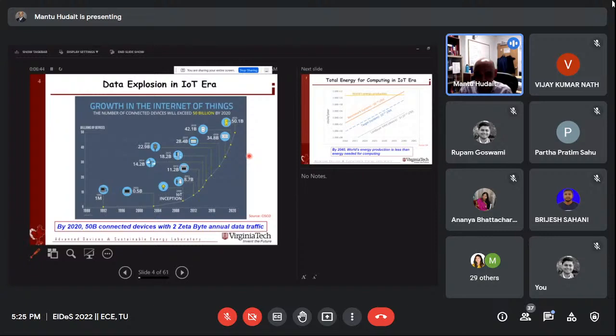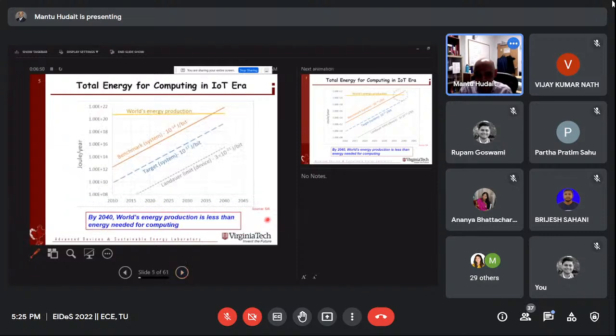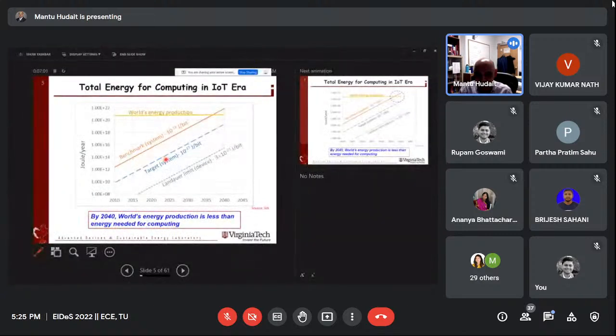So you see the connected devices, and every device needs power to turn on. Now look at how scary this part is. The Semiconductor Association presented the energy the world can produce and how much we need to use as a benchmark. Look at that junction, this is so scary, the energy that we can produce,